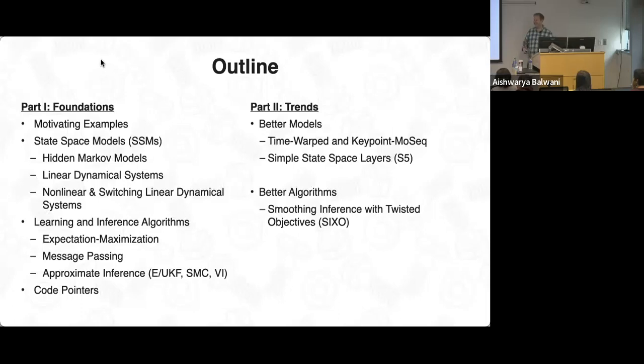It's you? And so we talked about message passing algorithms for state space models, for chain structured graphical models. And we saw how this simple recursion, the forward message passing algorithms applied to discrete state HMMs, to linear Gaussian models. But for anything more complicated than that, we had to start making some approximations. So we talked a little bit about some of the ways you can make those approximations using extended or unscented Kalman filters for nonlinear systems. And then more generally, using techniques like sequential Monte Carlo or variational inference.